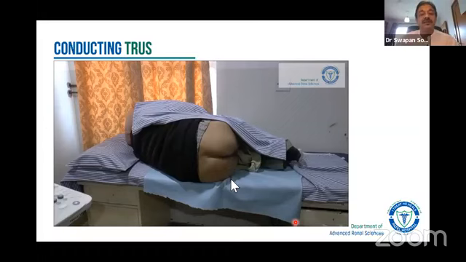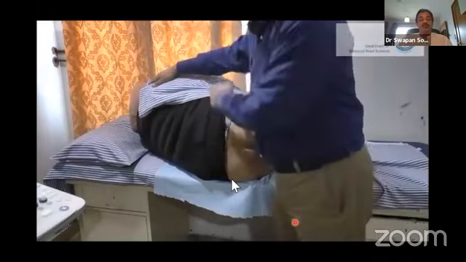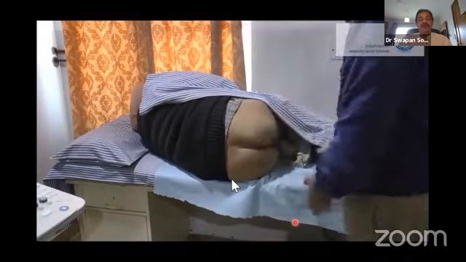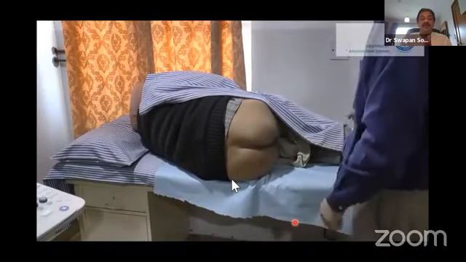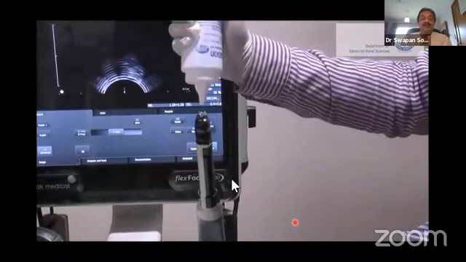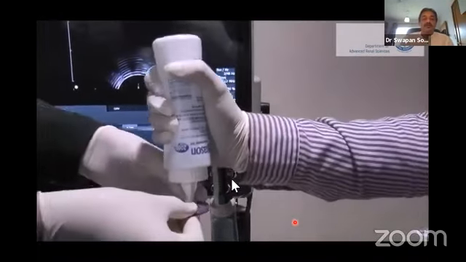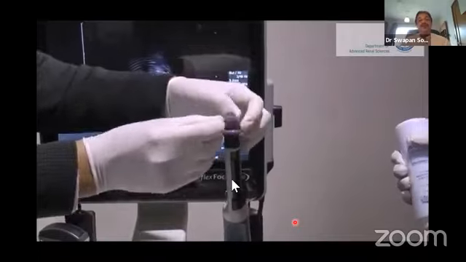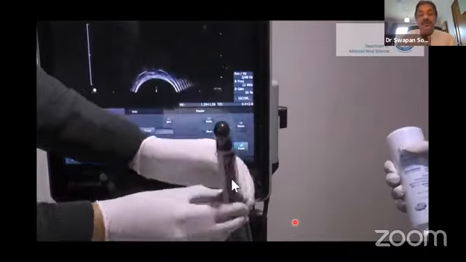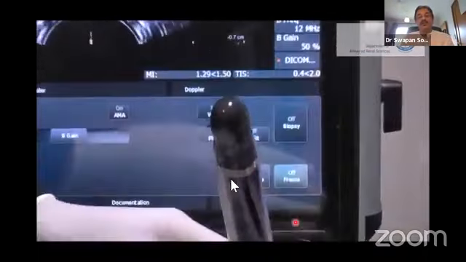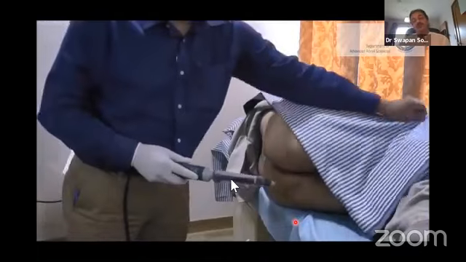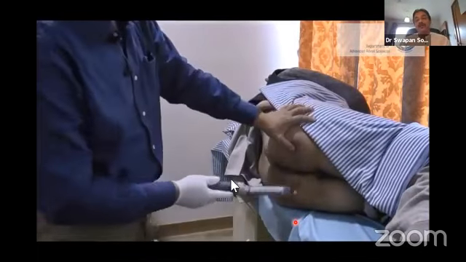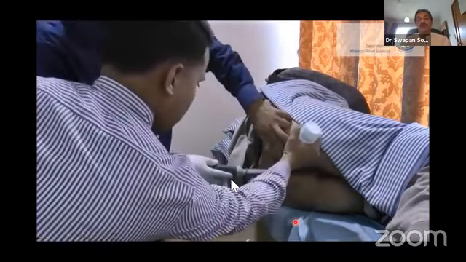This is a table which you have put inside the examination room, which has to be a little bit of a private area. The patient is oriented in a left lateral position and is made slightly oblique with his buttocks sticking out of the side of the table, so that you have a free hand to move once you are conducting the ultrasound. The probe should be well lubricated. I usually put a condom over the probe so as to keep it hygienic and clean, and you can just dispose of the condom once you have used it.